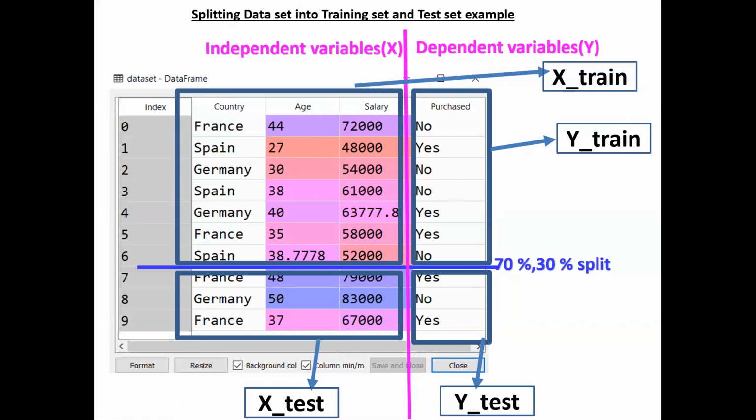Then we will check the performance. How many samples are correctly predicted. Okay, like that, algorithm performance is measured. So this type of process is used in all supervised machine learning algorithms, for regression algorithms or classification algorithms. What is regression, classification? No need to be confused. I will explain all these algorithms in the later videos.